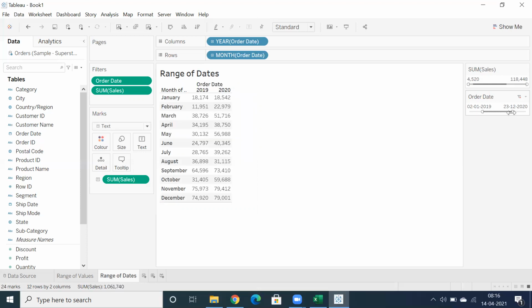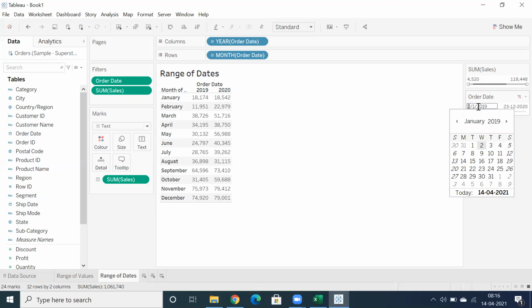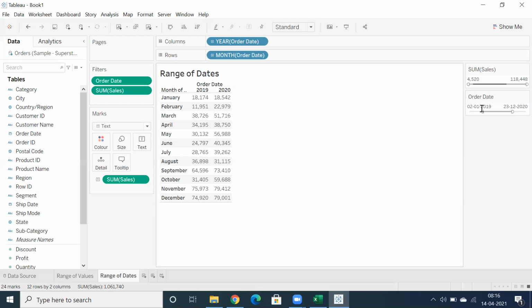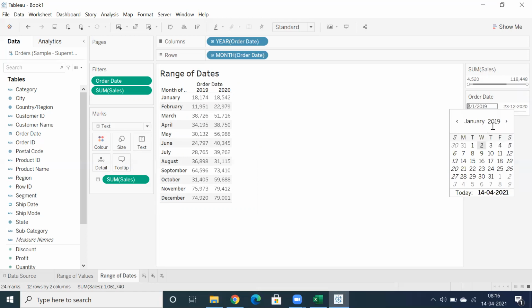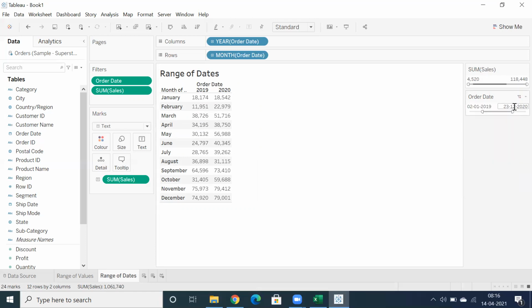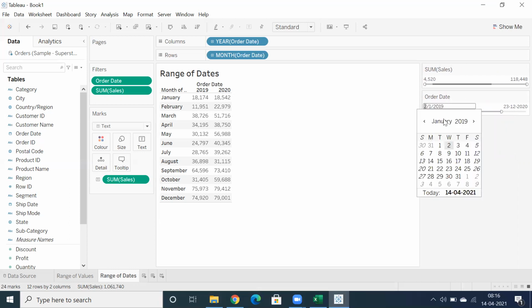So you can scroll, but at least keep the scroll bar nearer to the date. Then you can click on this drop down, or click on this box actually, sorry. Now you have the flexibility to select start date and end date. That's the advantage here. So when you click on this particular box, what you are getting is January 2019.